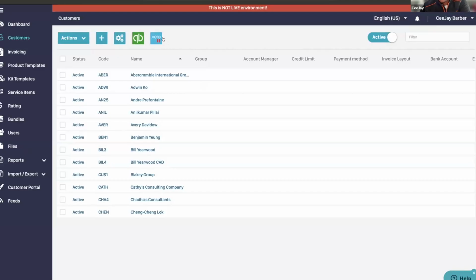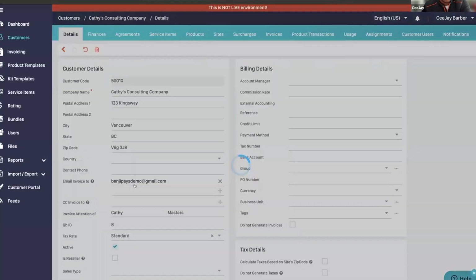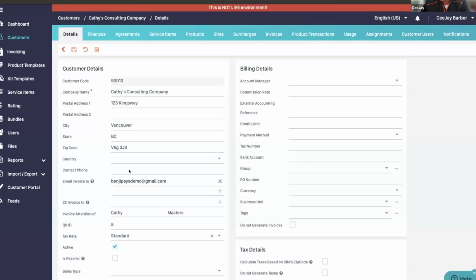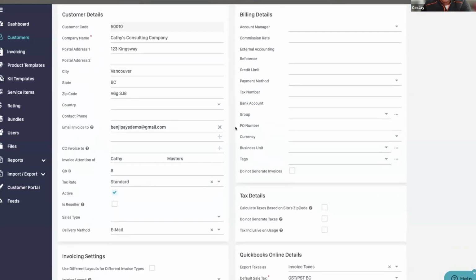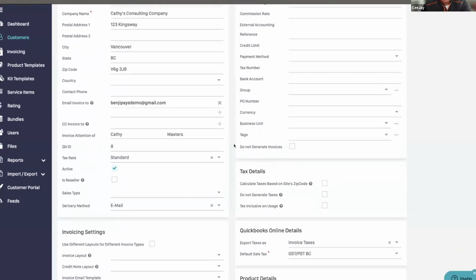And this is where we can sync the customers to the platform, just so you guys can see that integration without actually diving into the integrations itself. But your PSA will also live up here as well. But if I dove into Kathy's consulting company here, this is the data that we can house in Datagate. So as you can see, we have all the customer information that comes from, say, the PSA, the CRM, as well as the billing details and any of the tax data.